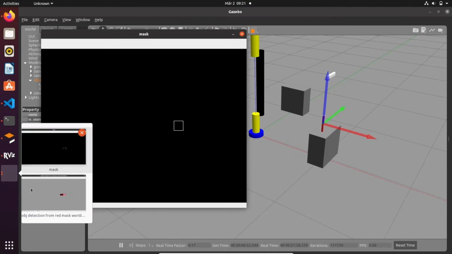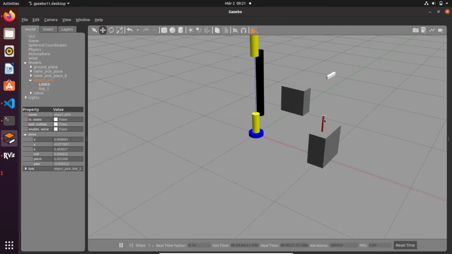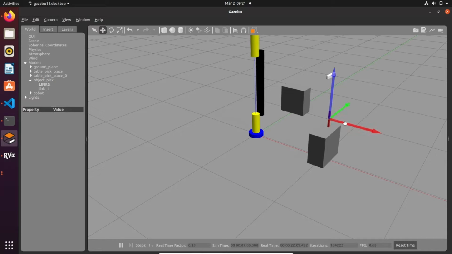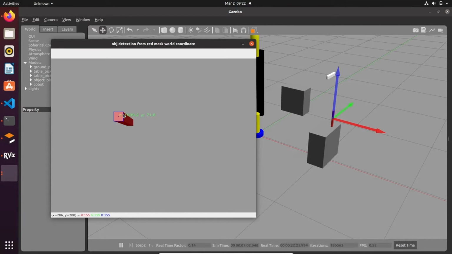in the real world. So basically, when we change the position of the object, the camera automatically displays in the image the position that this object has in the real world. So you are going to get the position in XY of the object with respect to the frame of